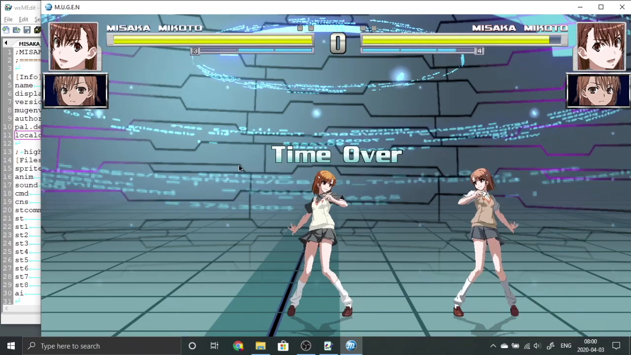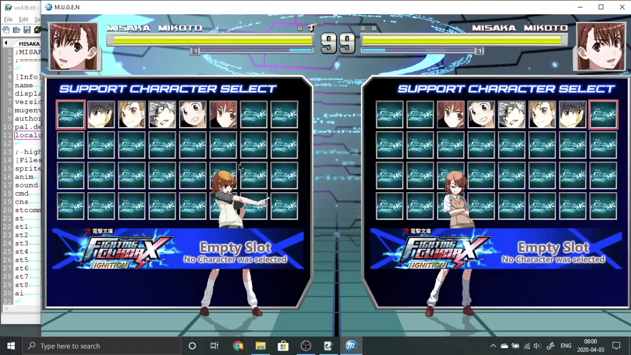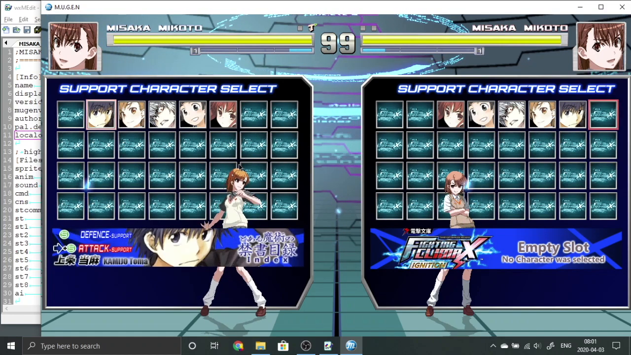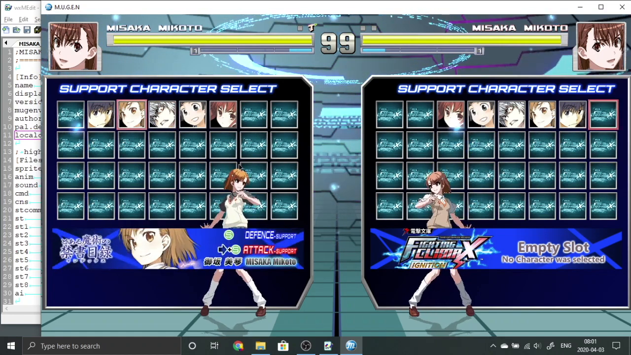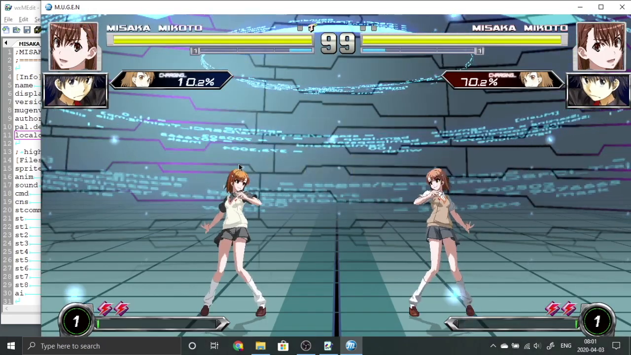So Time over. レベル5の力甘く見ないでよね。あんたが相手。 俺に任せとけ。